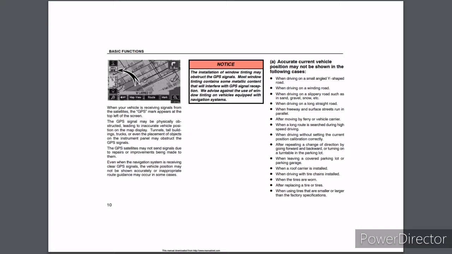Accurate current vehicle position may not be shown in the following cases: when driving on a small, angled Y-shaped road, when driving on a winding road, when driving on a slippery road such as in sand, gravel, snow, etc., when driving on a long straight road, when freeway and surface streets run in parallel, after moving by ferry or vehicle carrier, when a long route is searched during high-speed driving, when driving without setting the current position calibration correctly, after repeating a change of direction by going forward and backward or turning on a turntable in the parking lot,